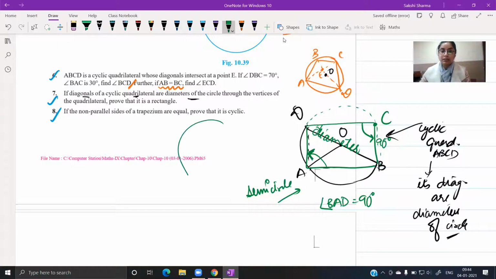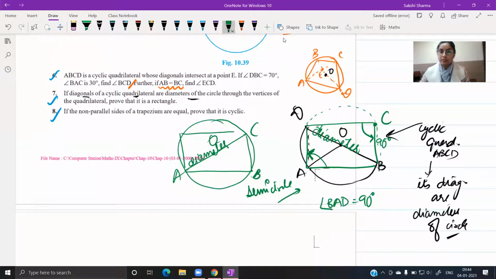Similarly, if we talk about the other diameter, the other diameter is AC, which actually is the diagonal. It is passing through the center. This diameter subtends angle ADC and ABC on the circumference. What can you say about these two angles? These will also be 90 degrees. Let me know if this makes sense, because that's all we are going to write down.